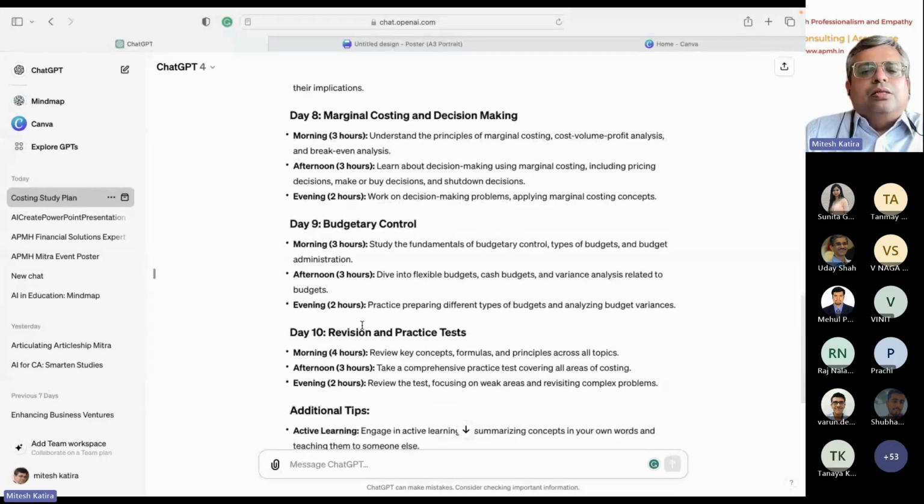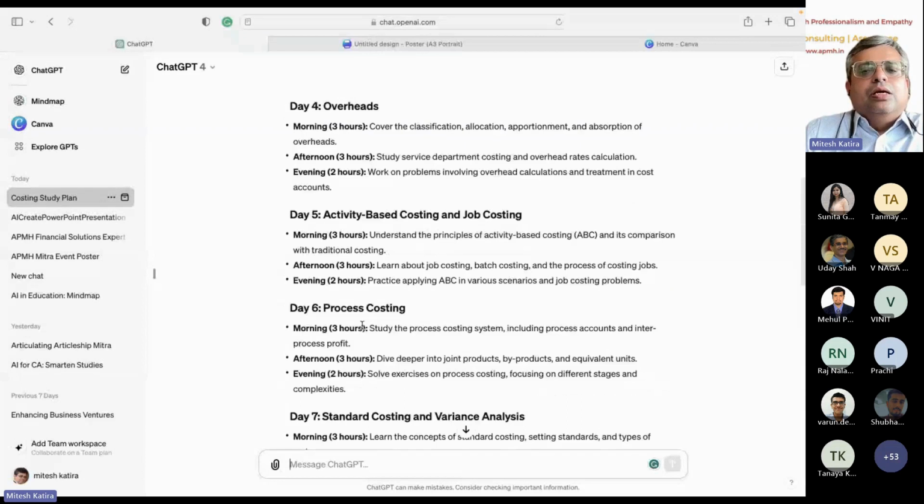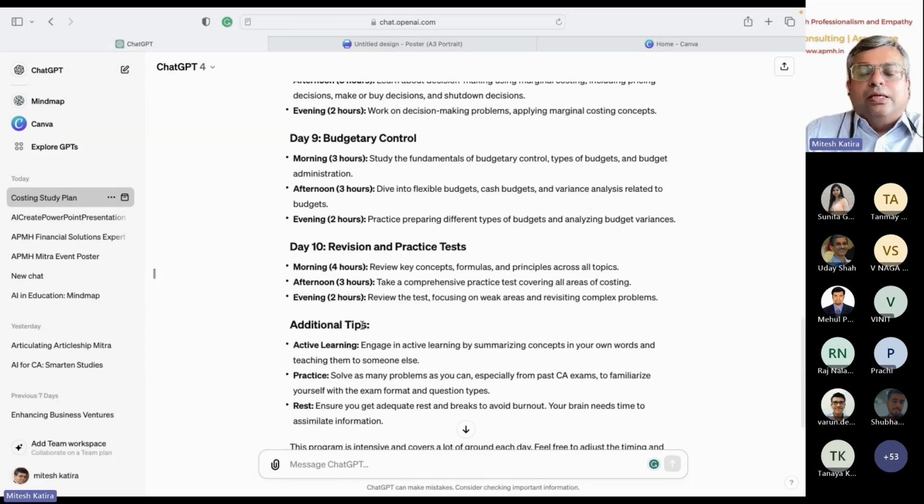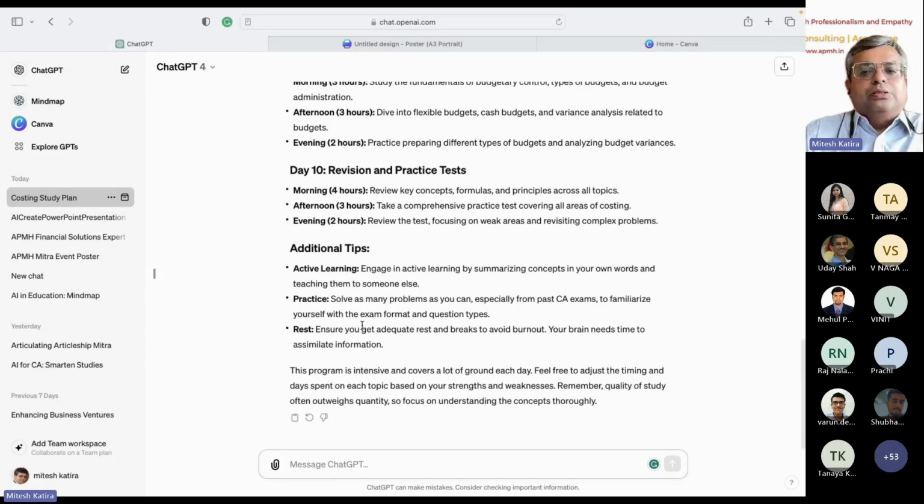That means it knows what are the concepts that you need to learn, and also it knows how you need to plan and learn for clearing this complicated examination. It may be right or wrong, but I'm trying to just tell you that it can throw a lot of information which is useful. Sometimes it is wrong, so you have to feed it with your textbook or your basic data, that is their PDF.